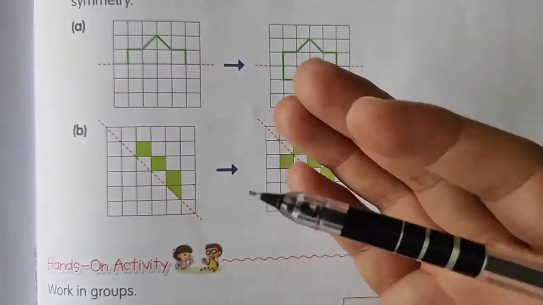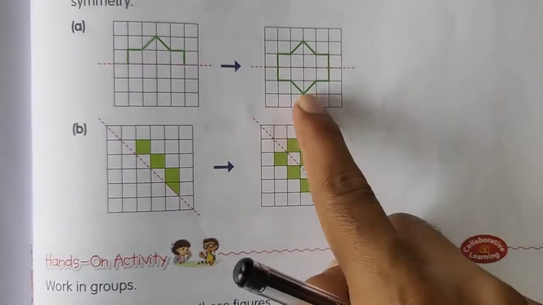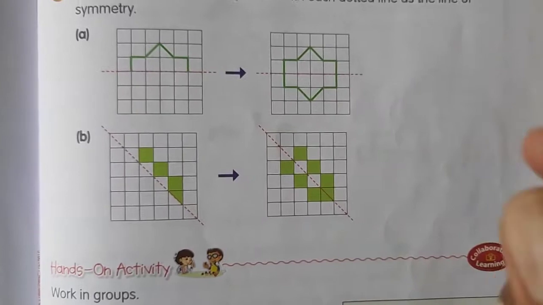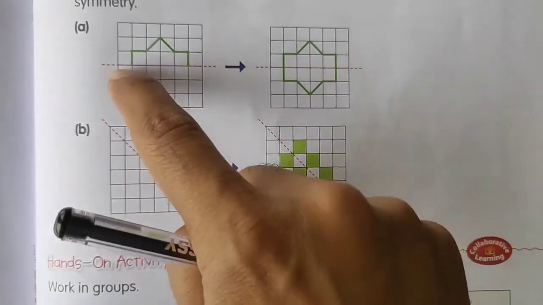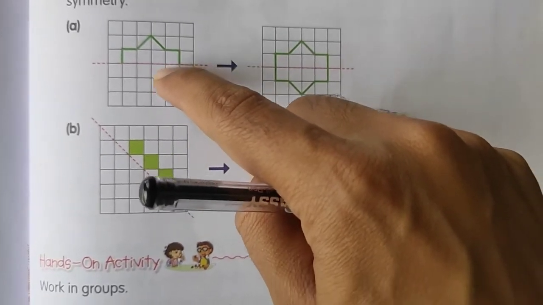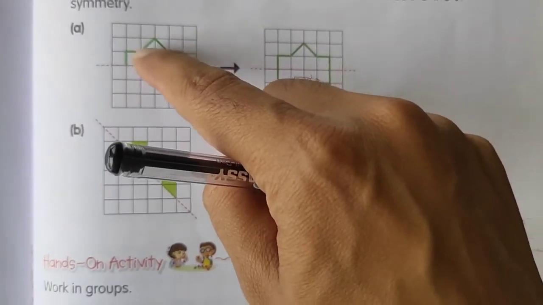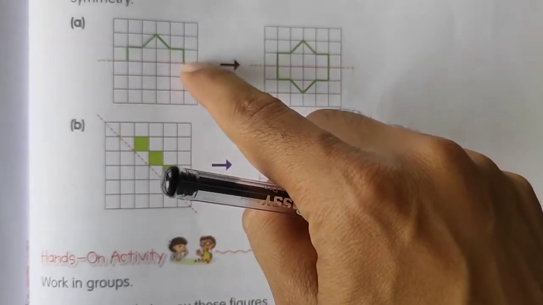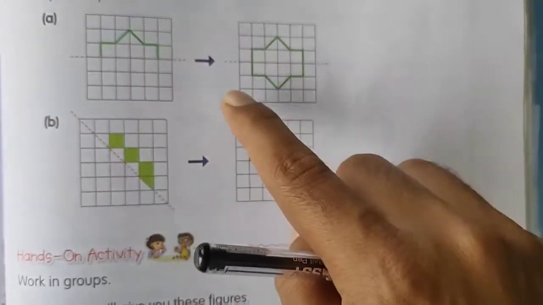Okay, definitely, how can you easily find out this answer? You can use a mirror also. So you will keep your mirror here, on this line. The reflective face of the mirror should be in this direction, meaning we should see the diagram in the mirror. So how will you see this diagram in the mirror?